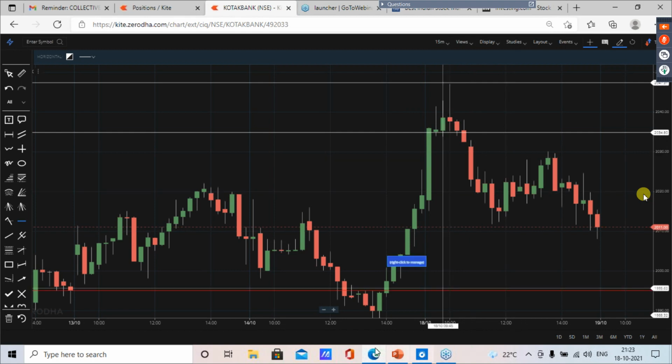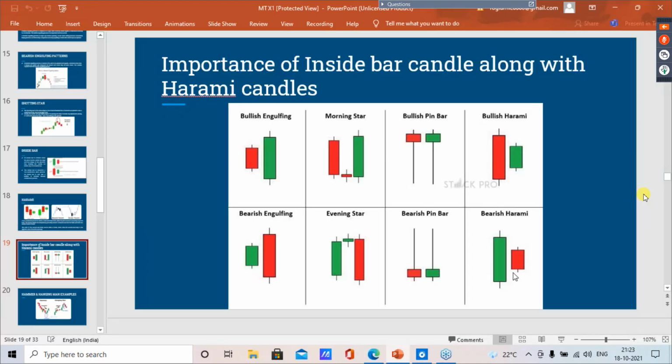The other way around, likewise, we have bearish Harami. The bearish Harami will occur at the top of an uptrend. Once you have a bigger green candle followed by a red candle, that is when we're going to consider this a bearish Harami. The first condition is inside bar, and the second condition is the color coding. This takes some time for you to memorize these colors and remember it. So first of all, it should be an inside bar.